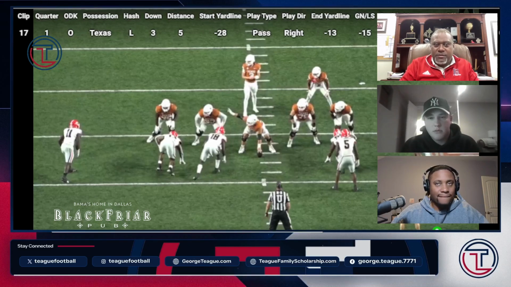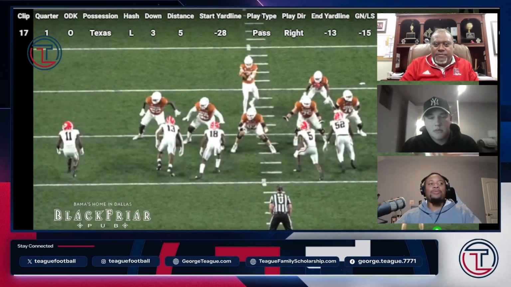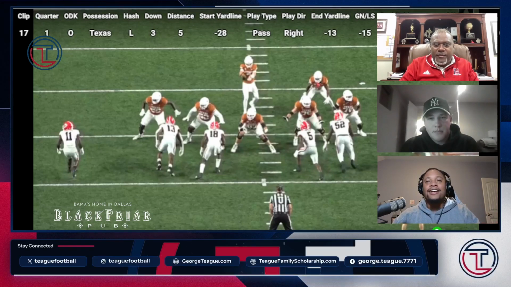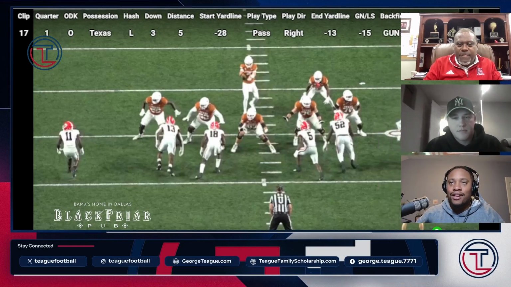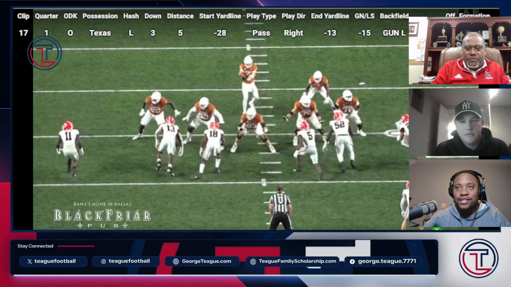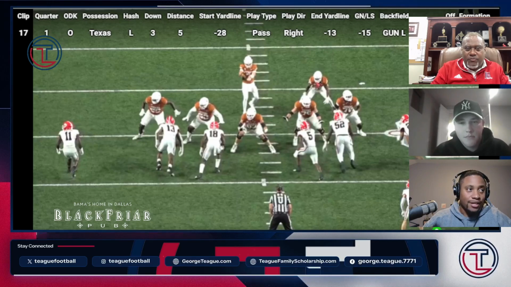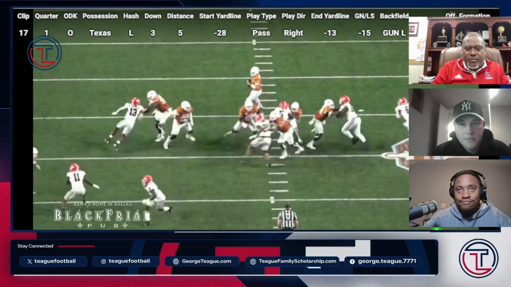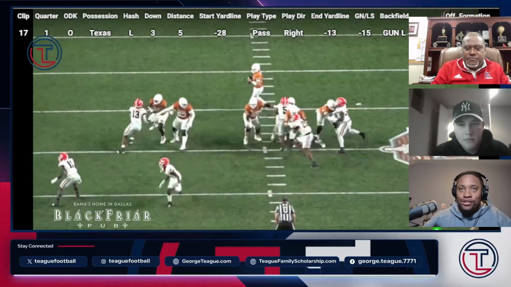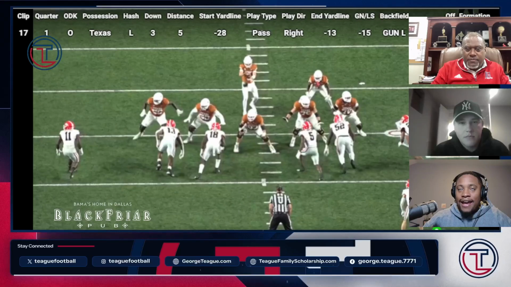Nice. All right. Okay, so I put this on here just because I thought this was beautiful. I loved this pressure right here. I'll move us over a little bit more just so we can see the defensive end right here. I just boom. This is great. It looks sexy on film. You get the twist and